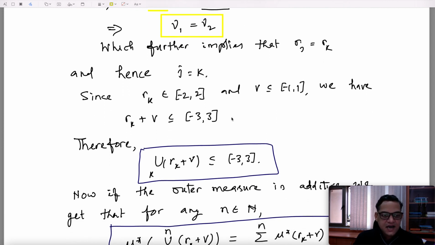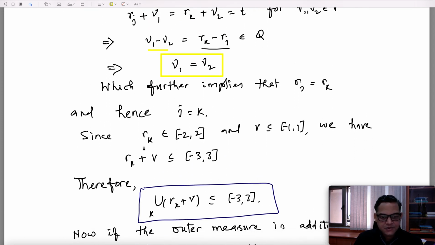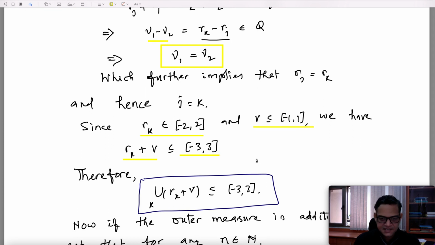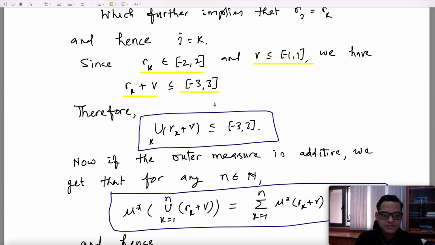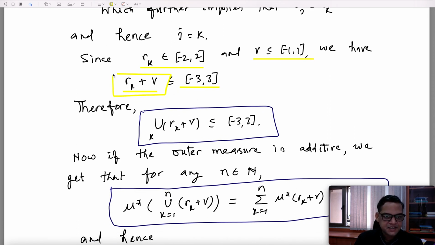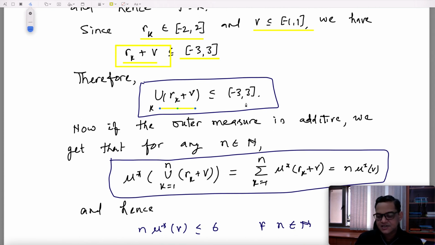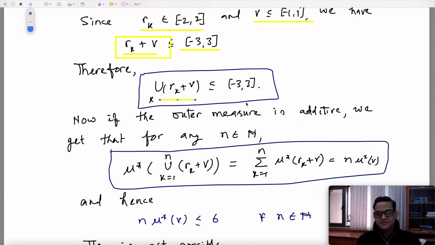All right, now you see that R_K is coming from the enumeration of the rationals in -2 to 2, and thus B is a subset inside -1 to 1. So when I put R_K plus B, at most we will hit -3 to 3, correct? This is a finite interval whose outer measure is its length, which is 6. Each R_K plus B is contained here, hence their union is also contained here. Because we have shown that these sets R_K plus B are disjoint as K changes,